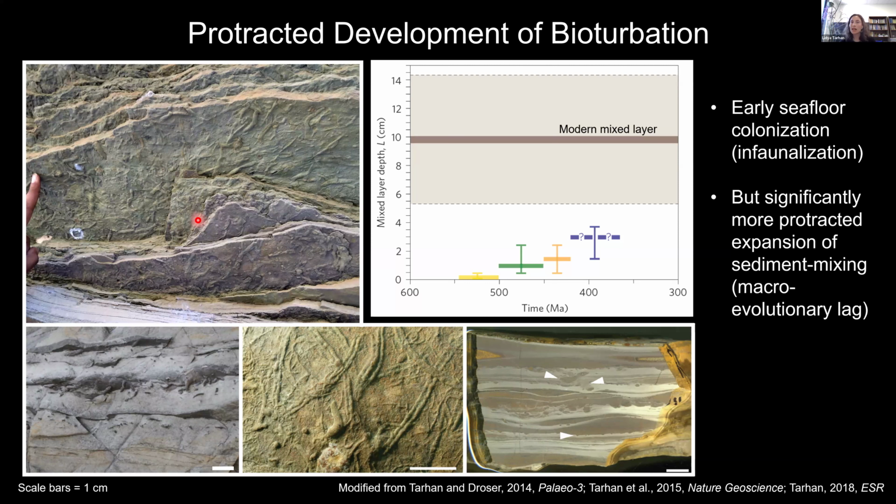So if we look to the lower Paleozoic records of heterolithic siliciclastics, what we see is evidence, again from abundant and diverse trace fossil assemblages, that animals began to colonize these areas of the shallow ocean quite early in their evolutionary history, as early as the Lower Cambrian and even the late Ediacaran. However, the development of extensively mixed sediments, true mixed layer development, was a much more protracted process. And even by the close of the early Paleozoic, some 120 million years after the Precambrian-Phanerozoic transition, we can see that the depth of the sedimentary mixed layer, although gradually increasing through this interval, still remains substantially lower than what is characteristic of mixing on the seafloor today.